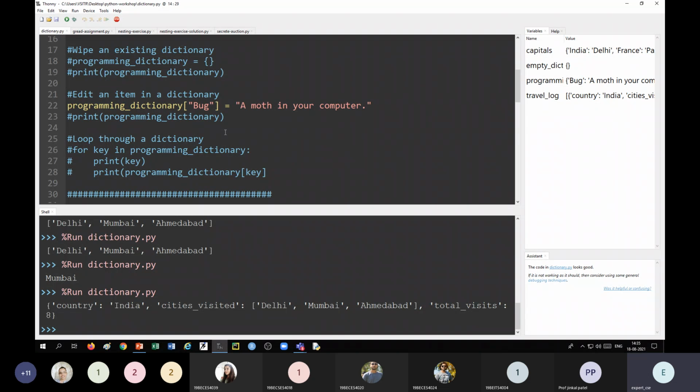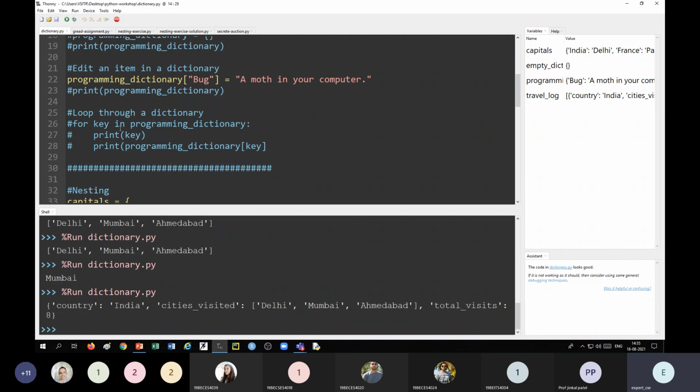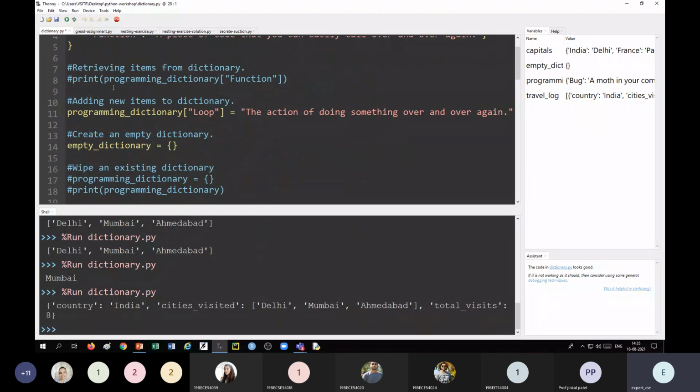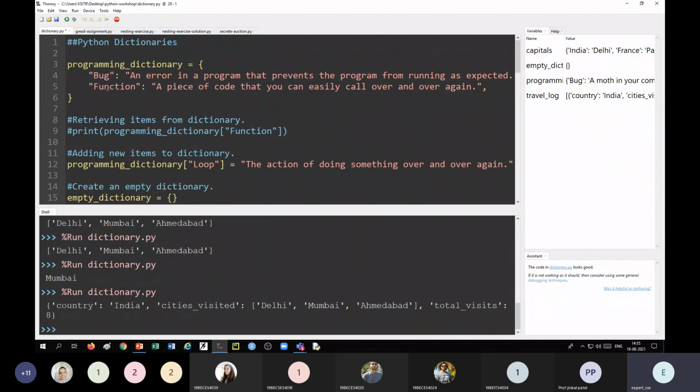One more thing we had discussed is that if we go through a loop for the dictionary, then its keys will be displayed. For example, if we write in this way, for key in programming dictionary, print key, that means it will display only bug, function and loop.